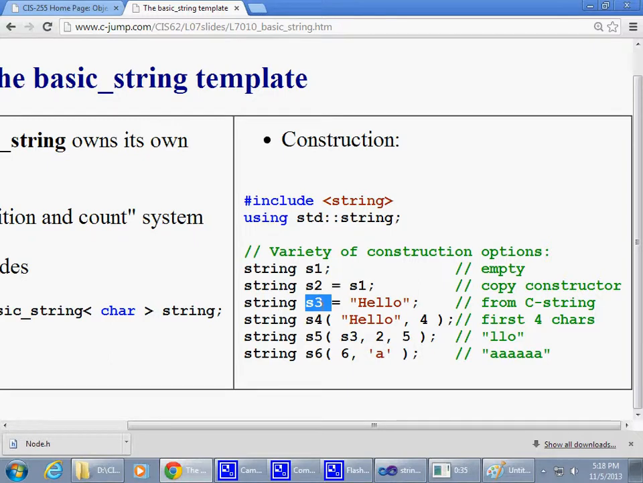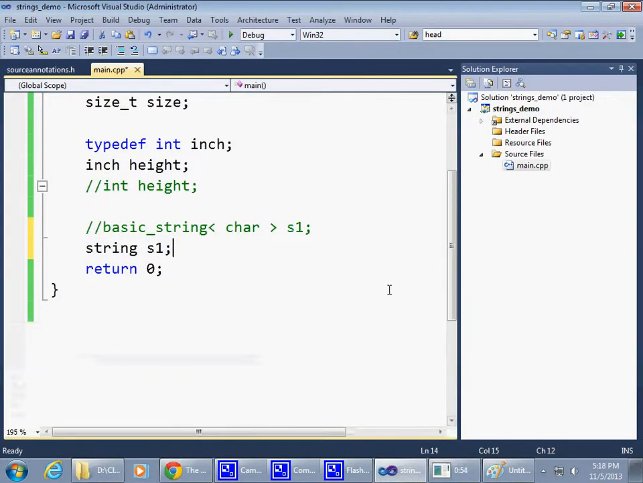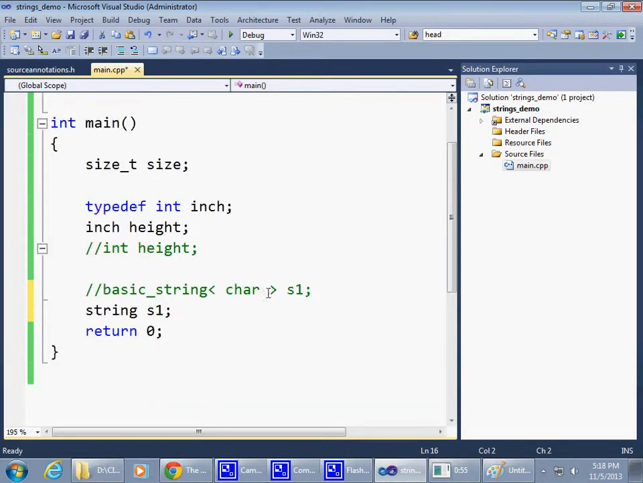Construct class instance s3 and initialize it with hello. So we can construct strings from C-strings. So let's refresh our memory on C-strings this time. All right, so given all this demonstration with what we already had, let's say that, okay, if this string was initialized with hello,